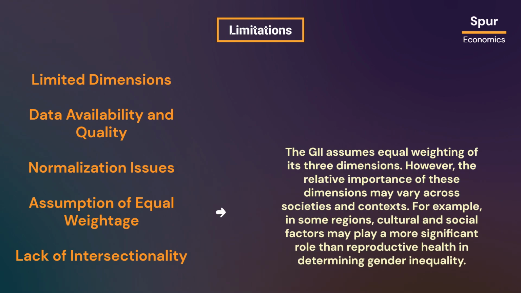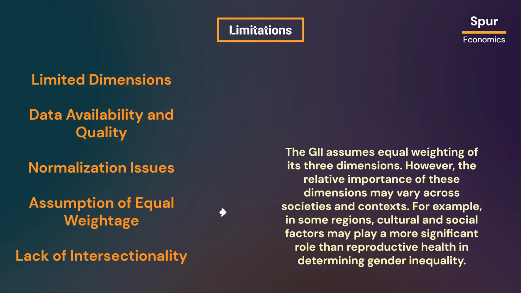The GII assumes equal weighting of its 3 dimensions. However, the relative importance of these dimensions may vary across societies and contexts. For example, in some regions, cultural and social factors may play a more significant role than reproductive health in determining